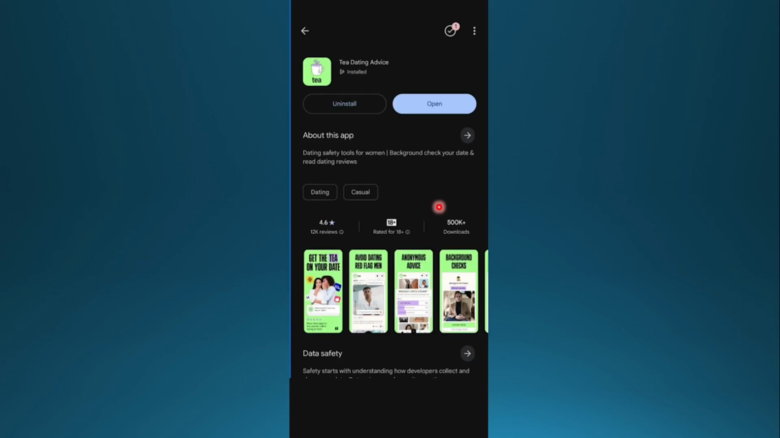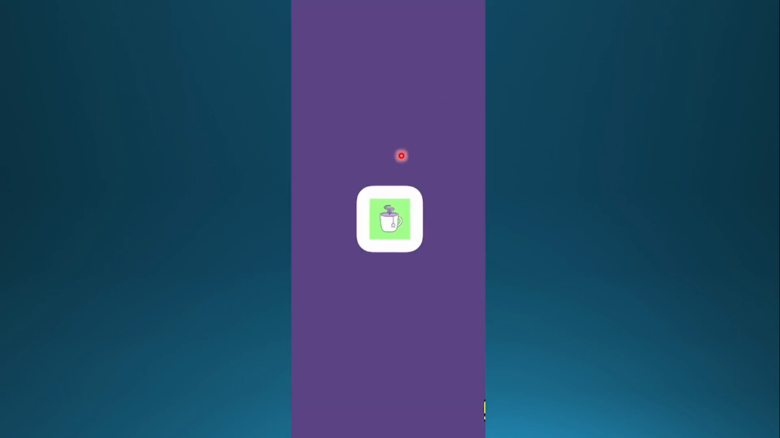Hey guys, in this video I'll show you how to fix a T dating app not working. Now, if you open up your app and it gets stuck like this, what you need to do is just